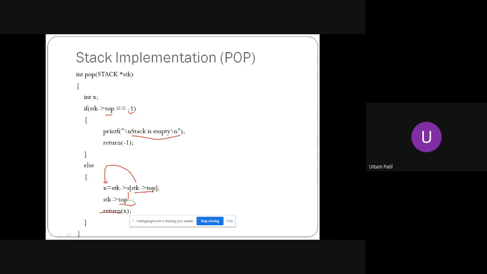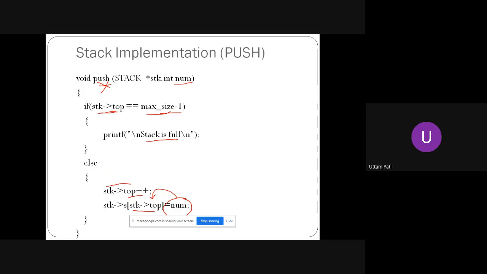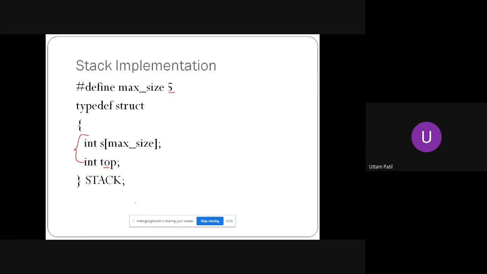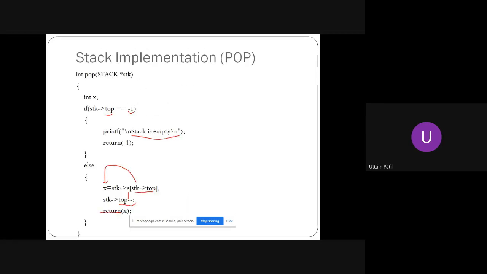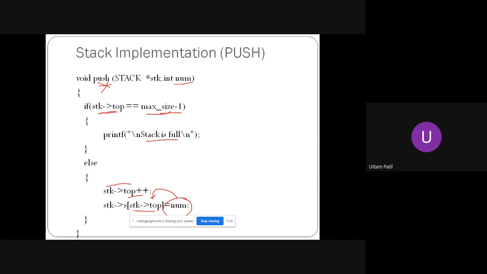Roughly I have explained the push and pop operations, because we want you to try. Along with that, you have to think of how you should give the display option. How do you write the display operation? That also you should check. While displaying, what will you check? Whether it is empty, or whether it is full. You just find out what exactly you will have to do there.